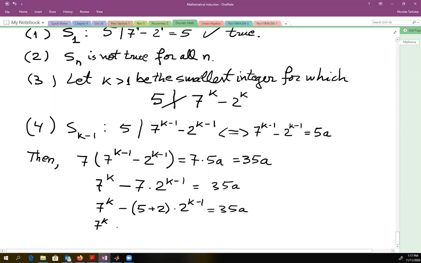Okay, here I can say minus 2 times 2 to the k minus 1 is 2 to the k. And I'm going to move the other term to the right-hand side. So this is 35a plus 5 times 2 to the k minus 1. We are very close to our contradiction,